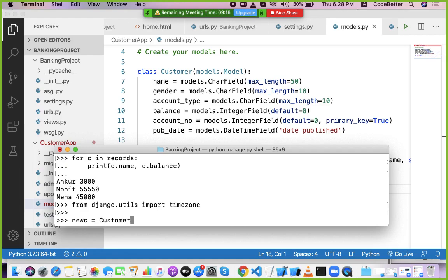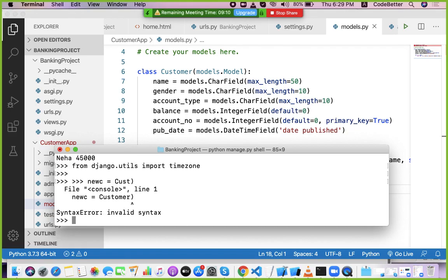So I am creating a new customer here. Let's say cust equal to Customer, and here I write name equal to Megha,